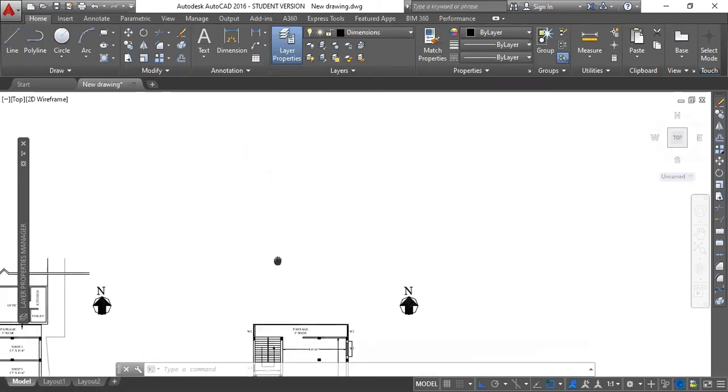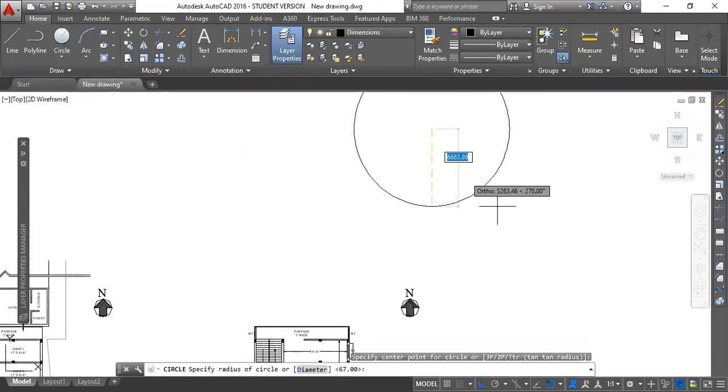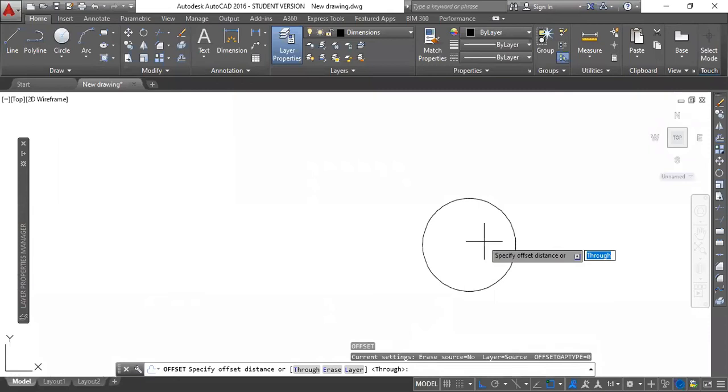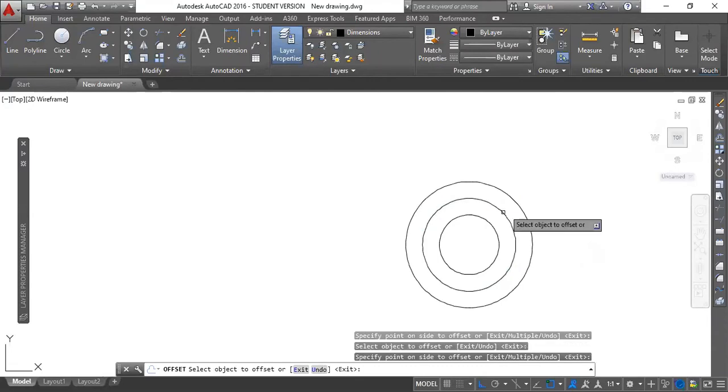So that was it. Then offset, obviously I already told you about the offset thing. So offset is basically nothing. You can hit O, enter, and then you can provide the distance. Basically you want to offset, then enter. You can easily offset inside or outside.